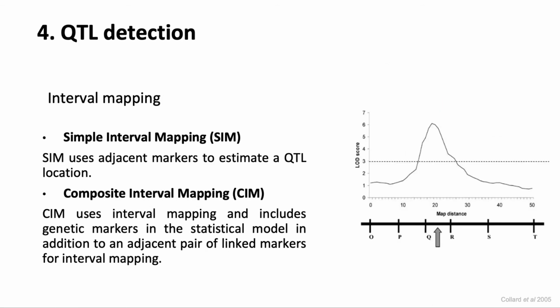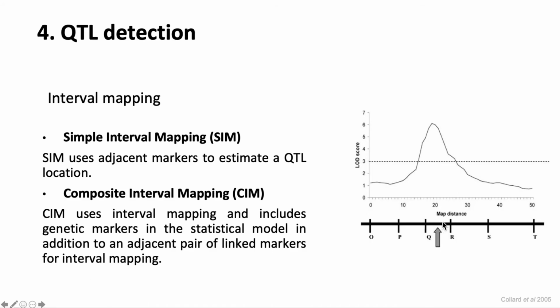And that is why most of the studies work with interval mapping. And there are several interval mapping approaches, and I just want to mention two of them. Maybe they are the most common, that are the simple interval mapping, that basically uses adjacent markers to identify the QTL. So as you can see here, the QTL is here around 20 centimorgans, and we have the marker Q and the marker R, and as they are adjacent